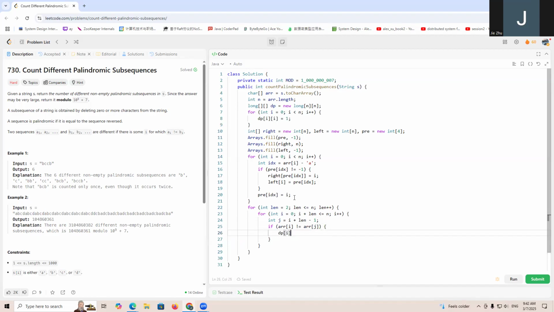dp[i][j] will be mod plus dp[i+1][j] plus dp[i][j-1] minus dp[i+1][j-1] mod, right? Because there is a subtraction, to be safe, we always add a mod here. Else, that means they have the same character, so we'll say